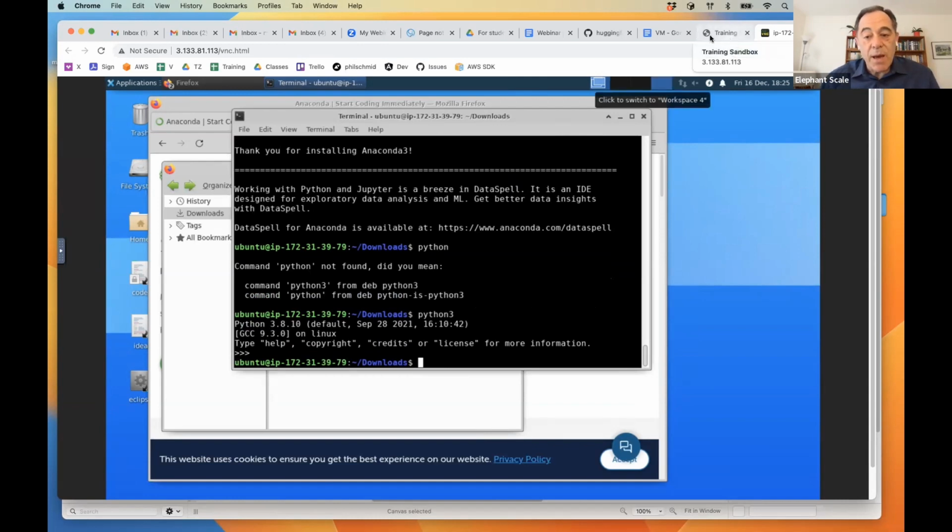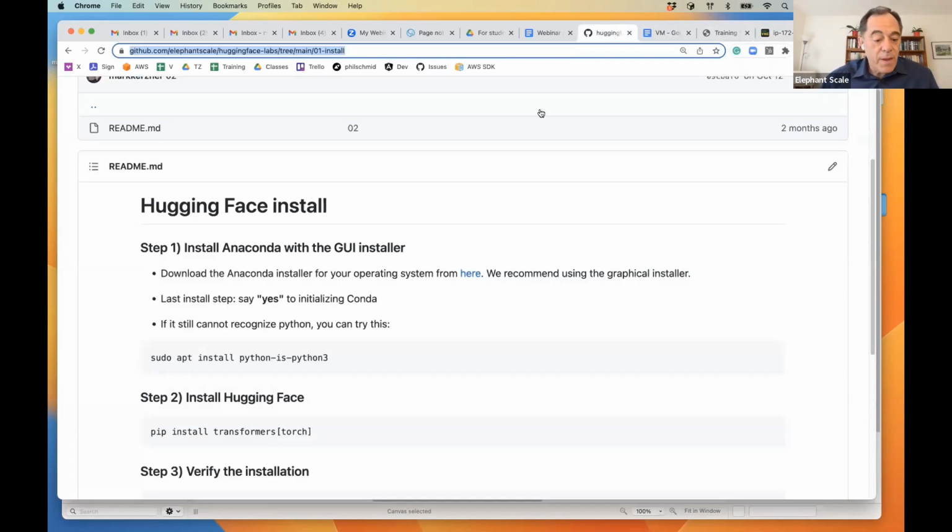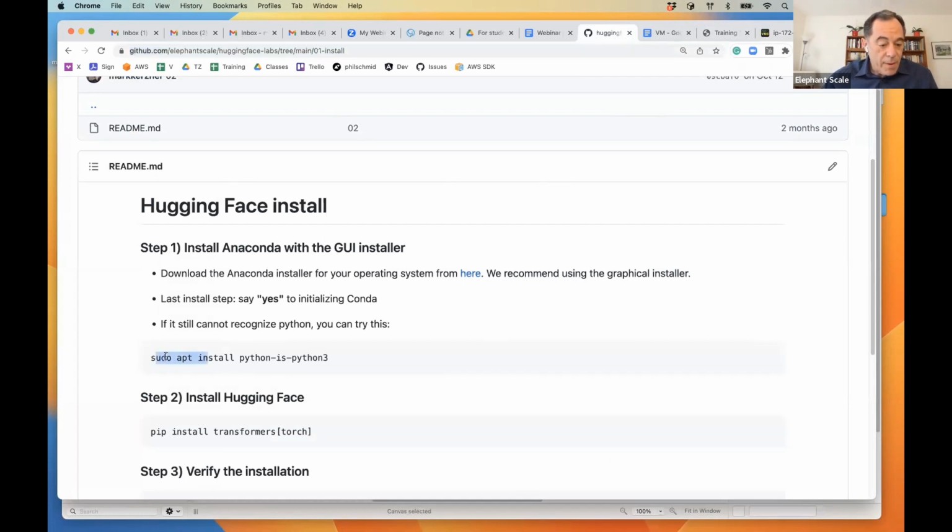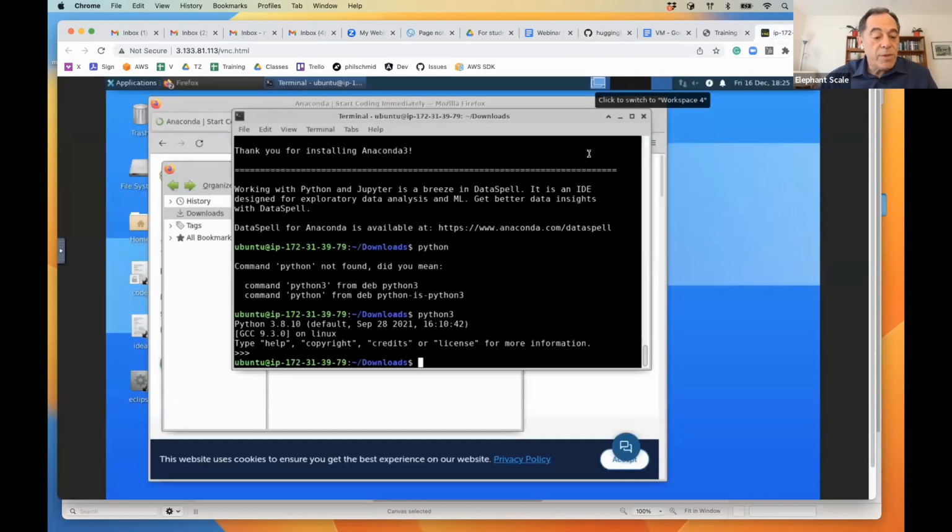Now I go to the lab. That is the same lab here. And I run this command. How do I do it? I copy it here, like this, copy. Then I go to the virtual machine, but remember it's a virtual machine somewhere away. So I need to open the pasteboard.